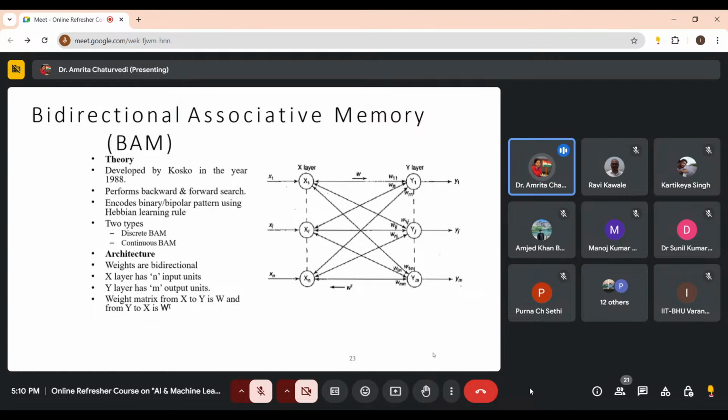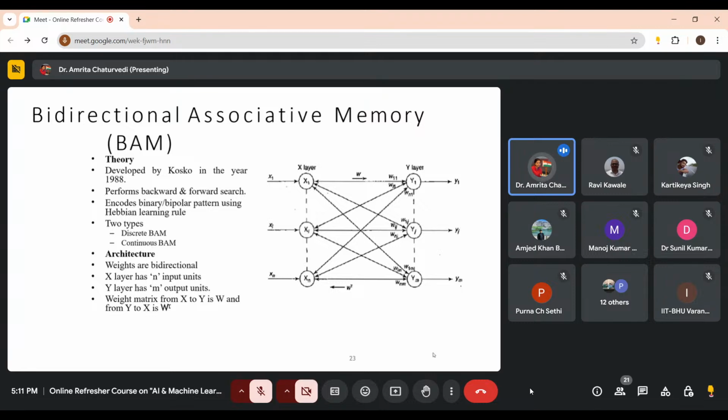Another type of associative memory network is bidirectional associative memory. So if you see on the screen, you have two layers, input and output layer. So X layer and Y layer. You have different number of neurons in each layer. So N number of neurons in the input layer and M number of neurons in the output layer, which are interconnected. And you see that these arrows are bidirectional. So this means that you can feed the input again at the Y layer to get the output at the X layer. You can go in both the directions in this case of network, and therefore they are known as